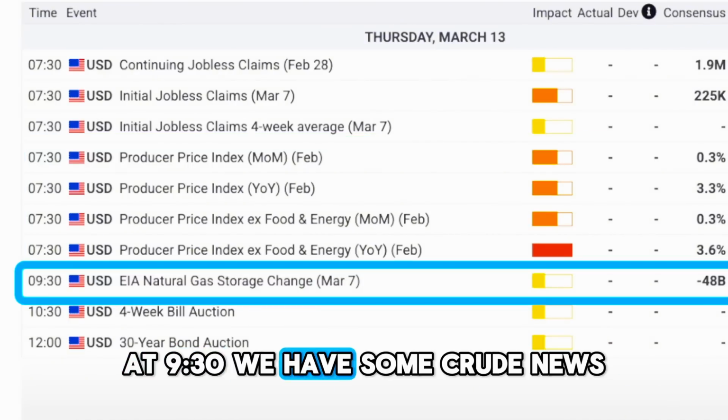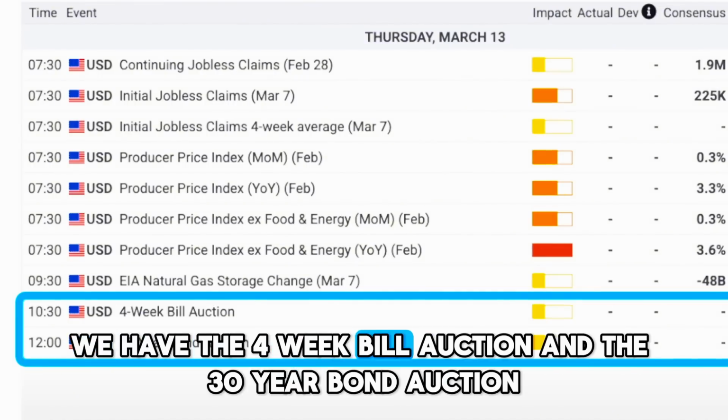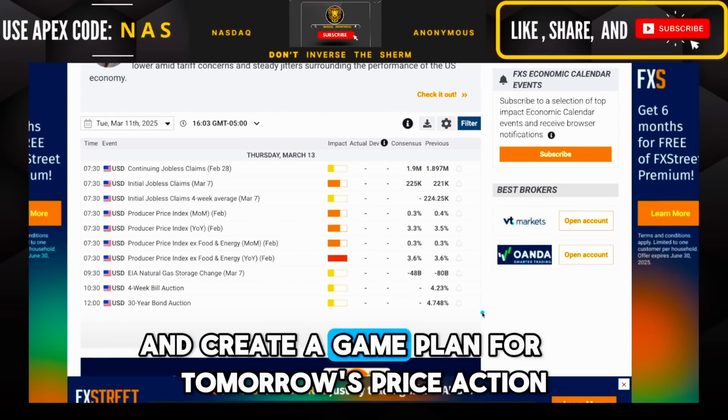At 9:30, we have some crude news. And finally, at 10:30 and 12 o'clock, we have the 4-week bill auction and the 30-year bond auction. And now that we know what to expect, let's jump into the charts and create a game plan for tomorrow's